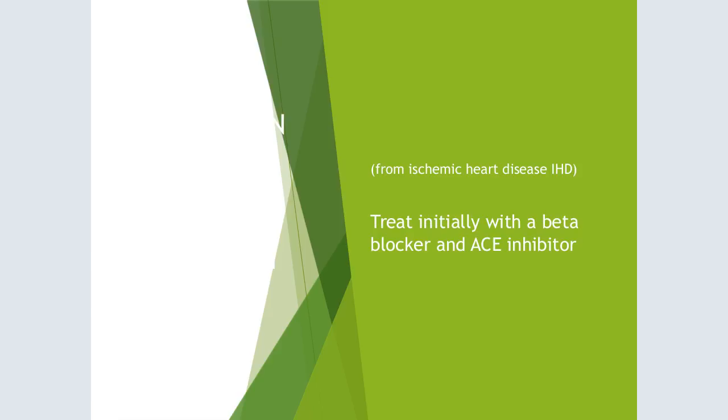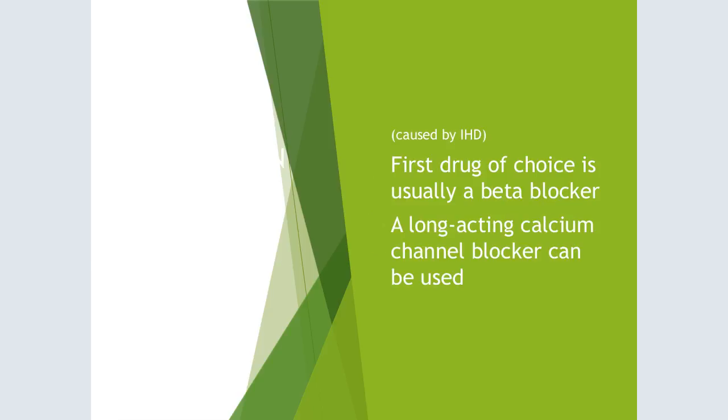Okay. So for this patient with unstable angina or that's having acute MI, you want to treat them initially with a beta blocker and an ACE inhibitor. Okay. You want to use both because you want to protect those kidneys and you want to control their heart rate. You want to improve that pump. And so you're going to get the blood pressure down with the ACE. You're going to help the kidneys with the ACE. You're going to control that pump, control that heart rate, and improve the pump with the beta blocker. Okay. And that was for those patients with unstable angina or acute MI.